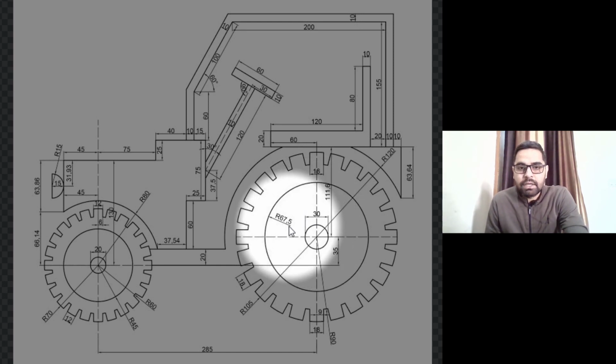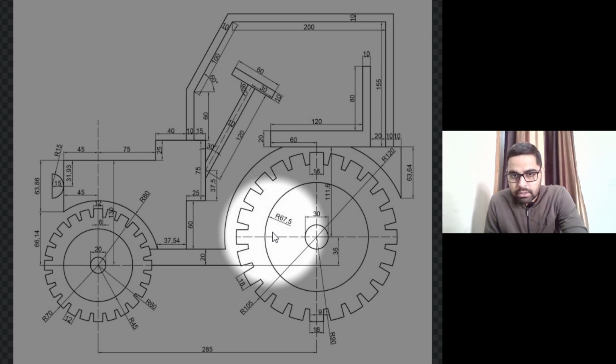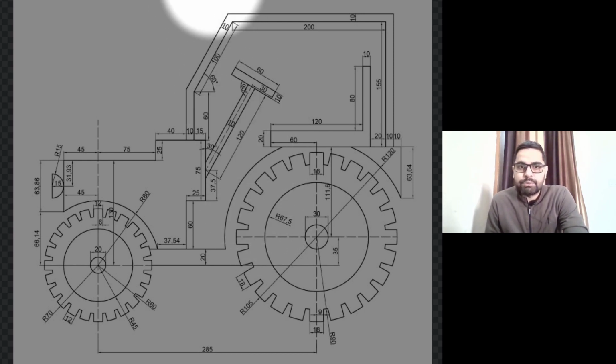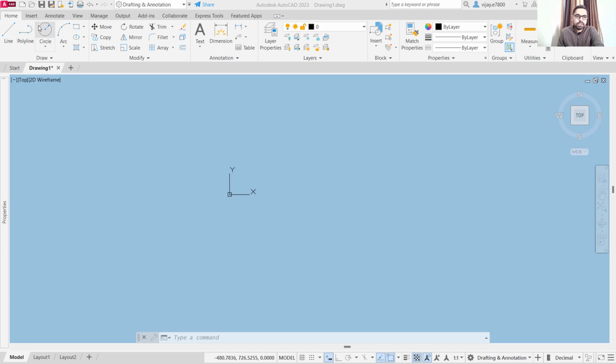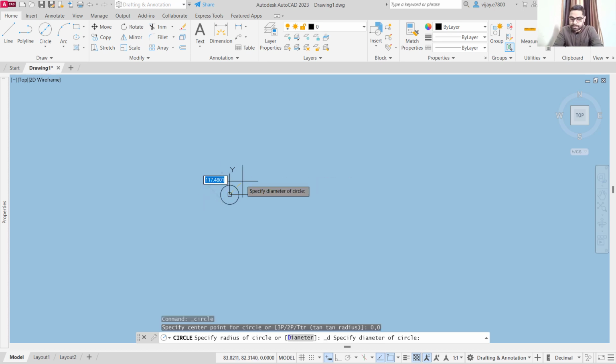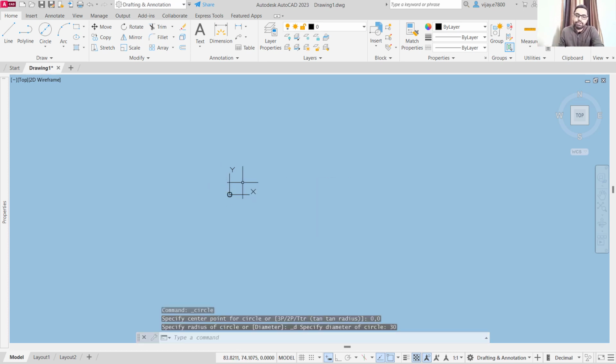As simple as that. Now after that we will be using some relative coordinates and we will be easily drawing this particular image. So without further delay, let's come to the AutoCAD screen and let's start drawing. So let us start with the larger wheel, and we are going to use center and diameter and specify the center as origin and specify diameter as 30 units for the